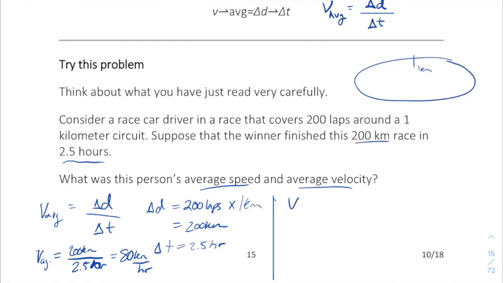Now, if you do this as velocity, then you would be talking about the change in displacement over the interval. Well, in this case, the change in displacement, or change in position, is 0. They start and end at the same spot. So now you have 0 divided by 2.5 hours. And so in this way, velocity makes it look like he did a whole lot of nothing, because you got 0 kilometers per hour as his